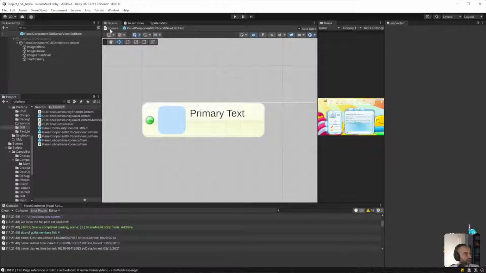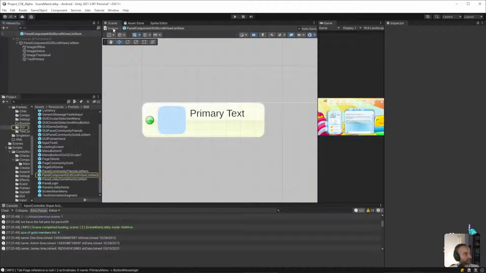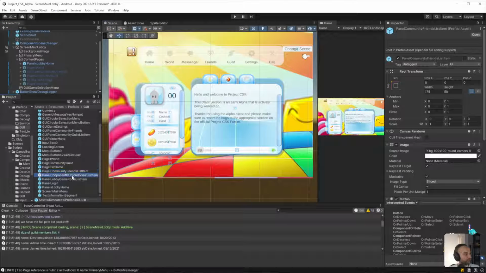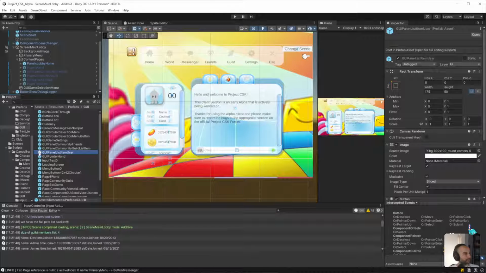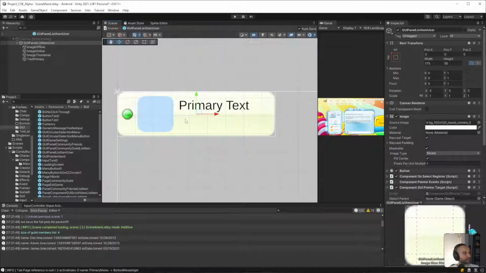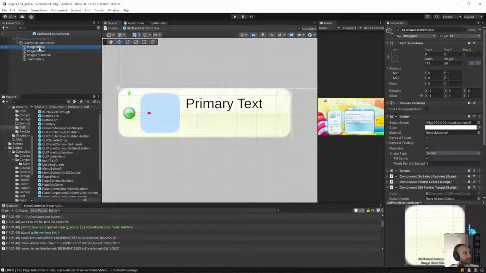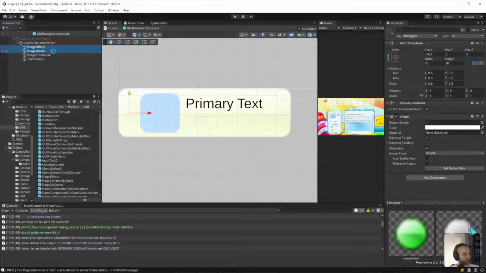Okay, so then we're going to take this object and duplicate it. Control D to duplicate, F2, rename it, done. But this one, we're not going to have the online, offline buttons, so I'm going to take those out.